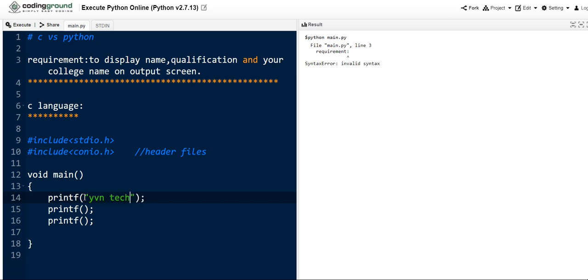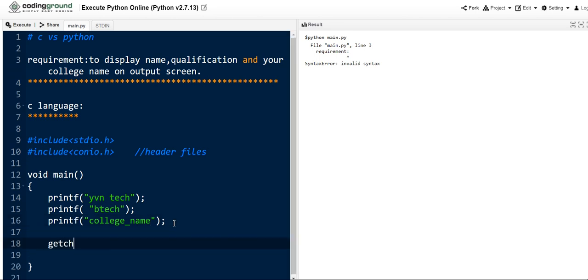Here I am printing YV and Tech, which is our YouTube channel, and then for qualification, let me keep BTech, and in the third printf statement you need to keep your college name. I am keeping the college name directly, and you can type whatever it may be, wherever you are studying. So this is how we write the program in C language based on our requirement.